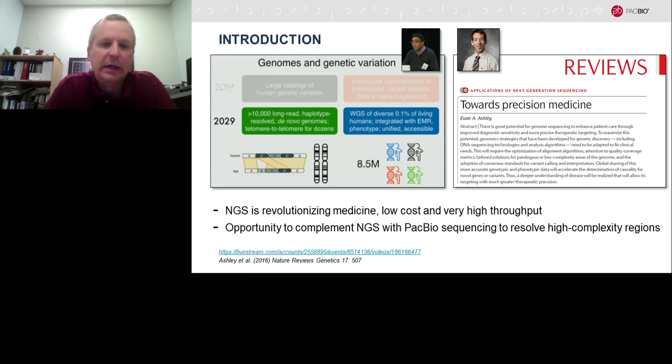And this can only be accomplished by the combination of the low cost and the very high throughput that is afforded by the short read technologies, which have over the past decade really revolutionized medicine and enabled us to think about precision medicine. And then he pointed out that in addition to those advances that have happened and will continue to expand, there are opportunities. On the left, he has an opportunity for long-read technology such as PacBio sequencing to complement those efforts